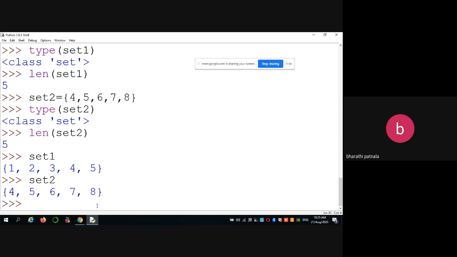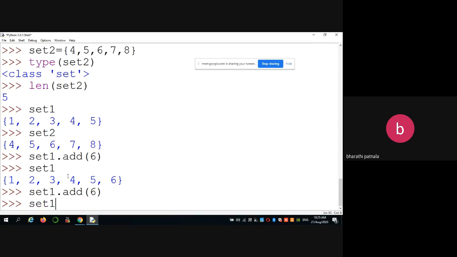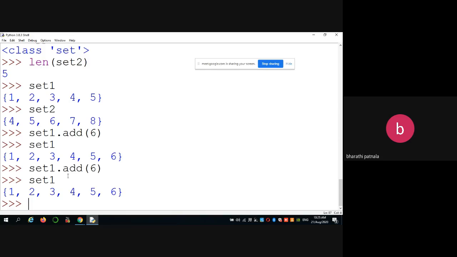Now, these are mutable so that you can add elements. For adding, we have only the add function. For example, I want to add element 6 in that particular set. Now see set 1. Again, if you want to add the same element into that particular set, it can't be taken because set 1 already has the same element.